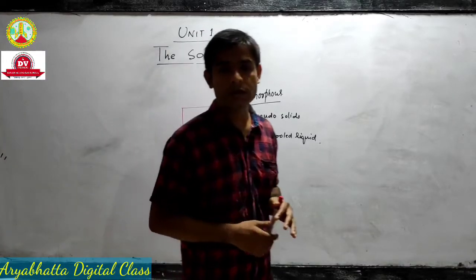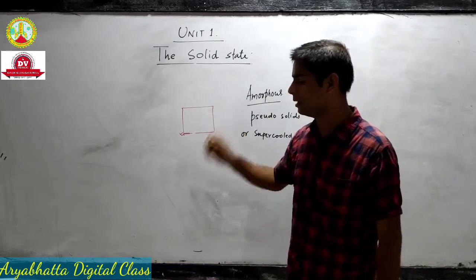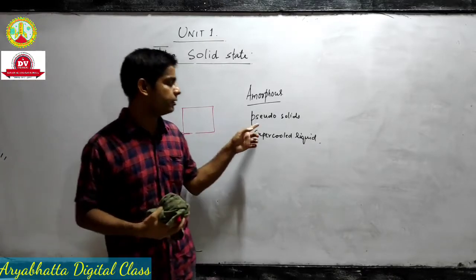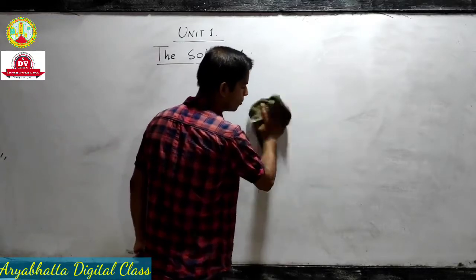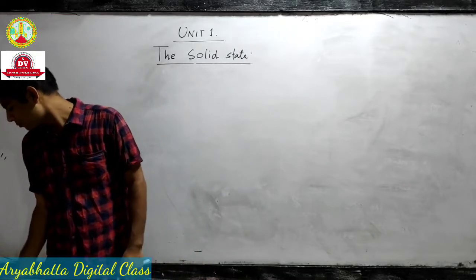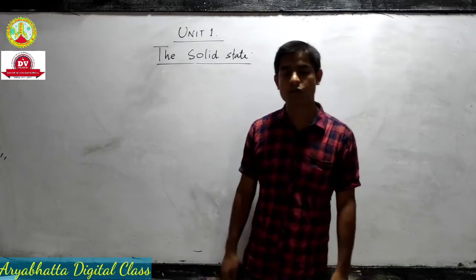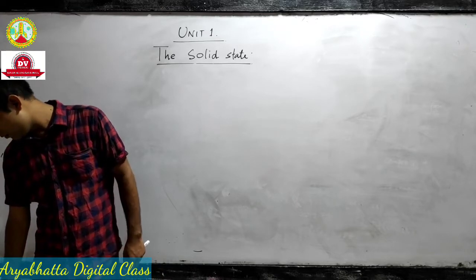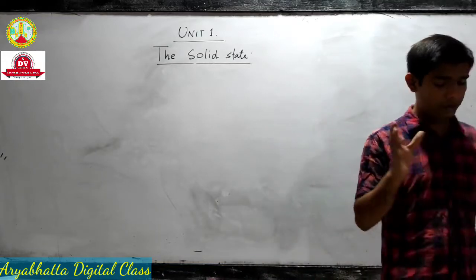Just like fluids, pseudo solids can also flow very slowly, but they can flow, we can see. Because of this nature, they are termed pseudo solids or super cooled liquids, and glass is an example of a super cooled liquid, and it is amorphous in nature. Now we will see another classification of solids, depending on their molecular structures.